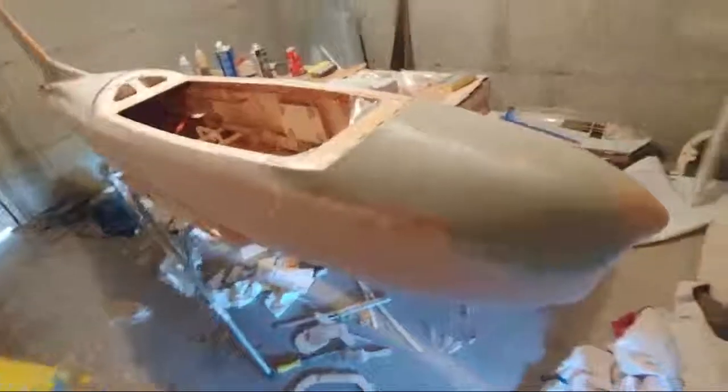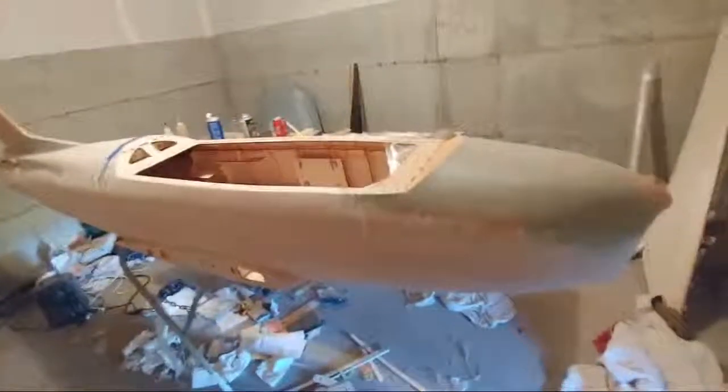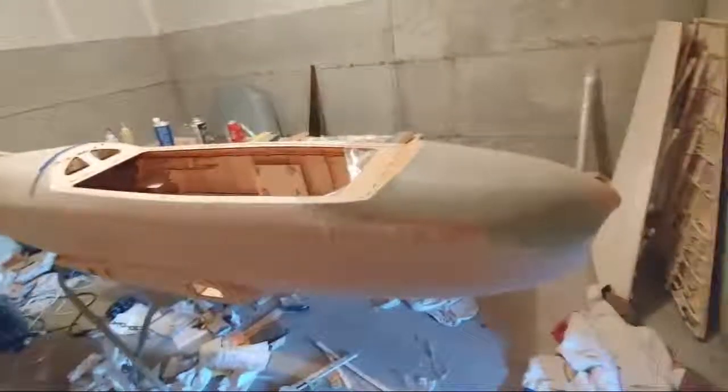Anyway, glassing started. Other things are done. We're starting to really kick this thing into gear. And there are things you can do once she's glassed that are going to be even easier to do. Because like I tell you guys,